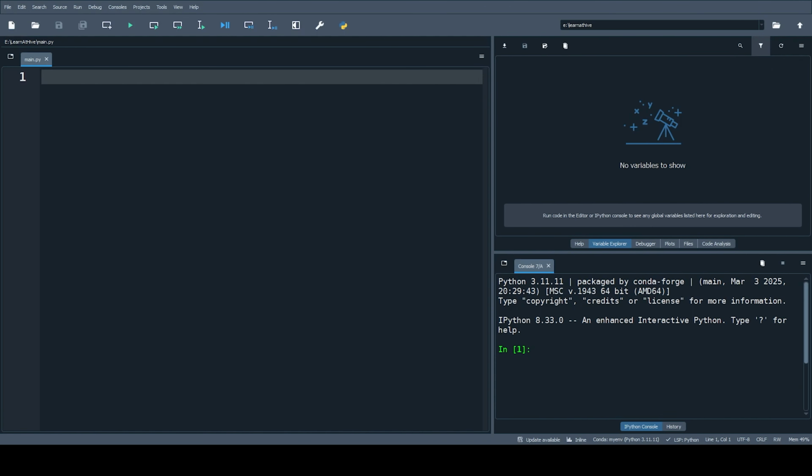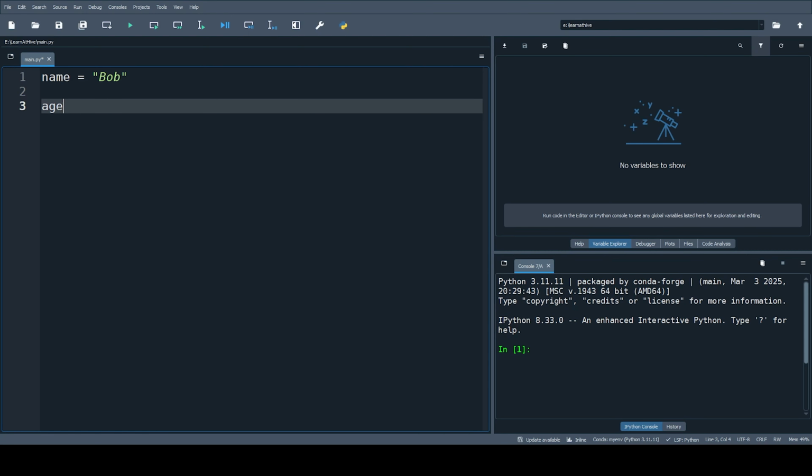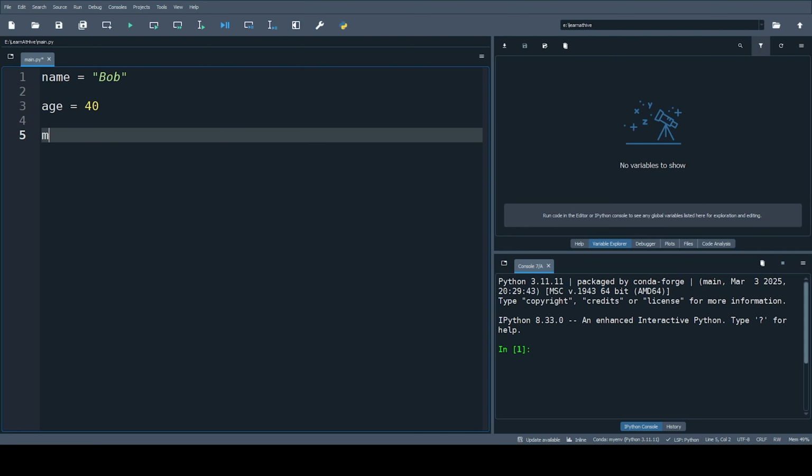Next is the str.format method, introduced in Python 2.6. It's more flexible and readable than percent formatting. Here's how it works. Let's type name equals Bob and age equals 40. We will print our message now, but first define message equals